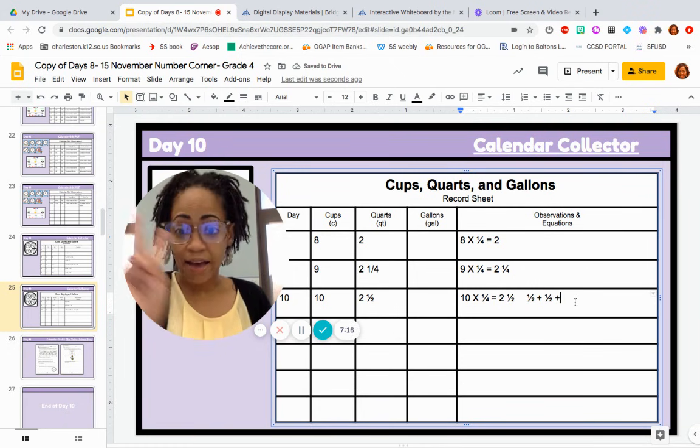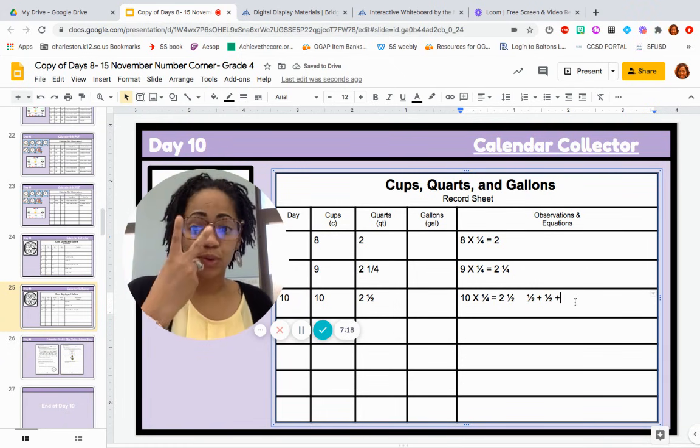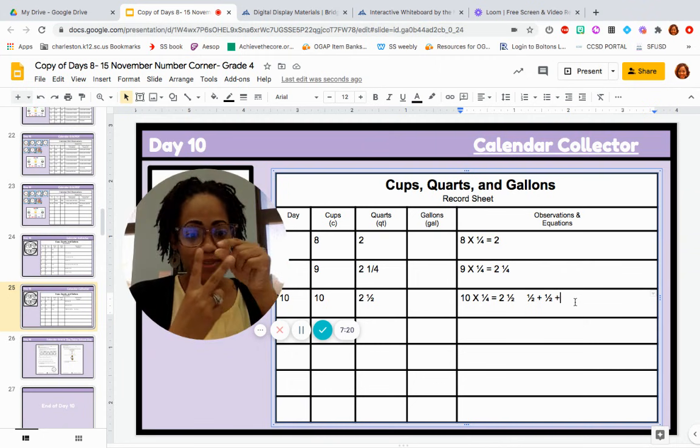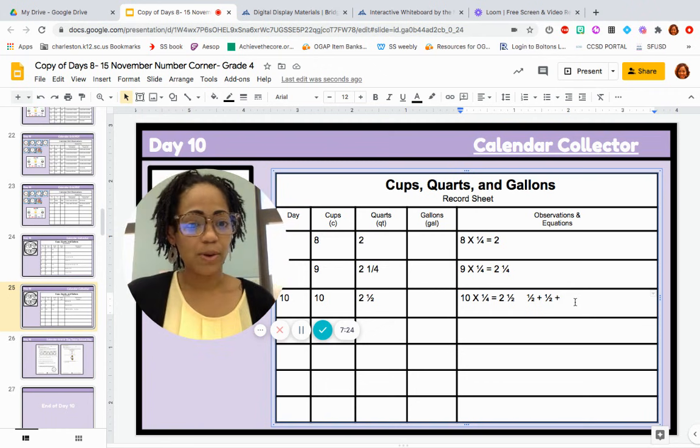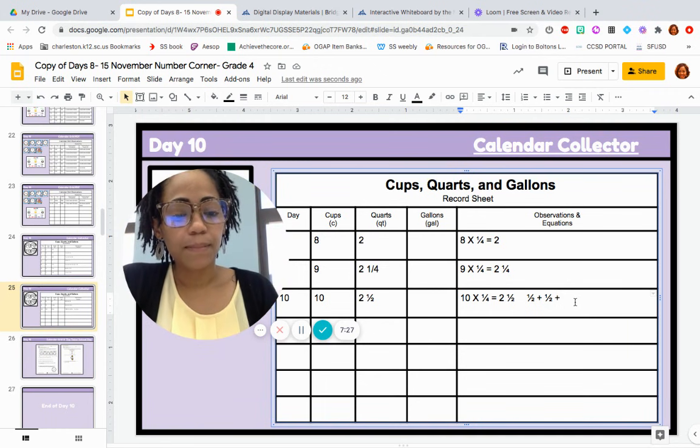Right, there are 2 halves in a full quart. So if we have 2 full quarts, that's 2 halves, 2 halves, and then we have another 1/2. So I could write it just like that. 2 halves plus